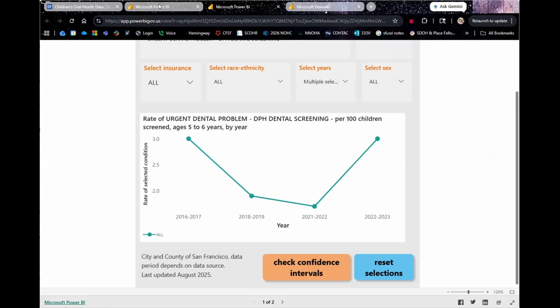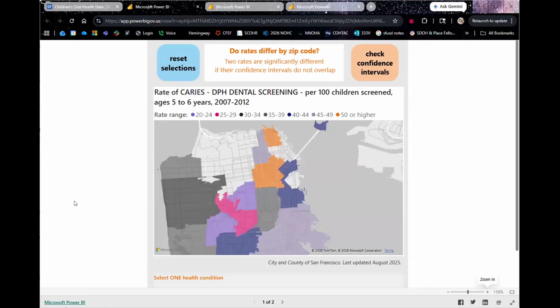What I also really like is the map feature. So the colors are not ideal. I think the colors we have a little less control over. But this is my favorite feature because you can see really where the geographic gaps are. So this is before we got really going on interventions, 2007, 2012. And it's combined because of the low number of kids, and we want to make sure that the kids are not identifiable.